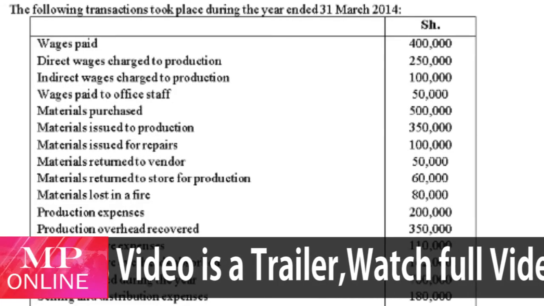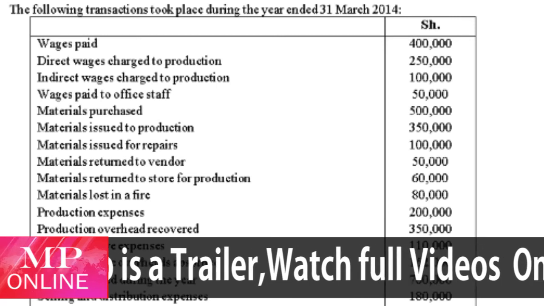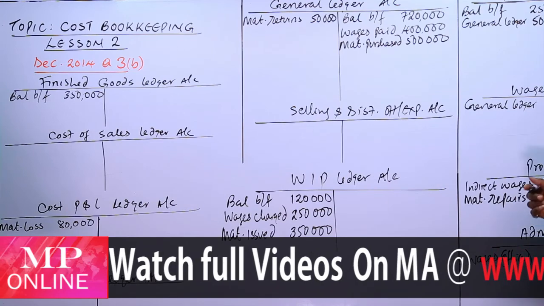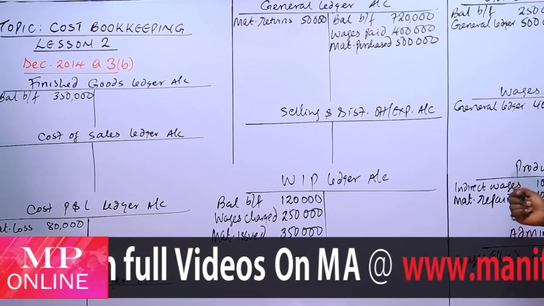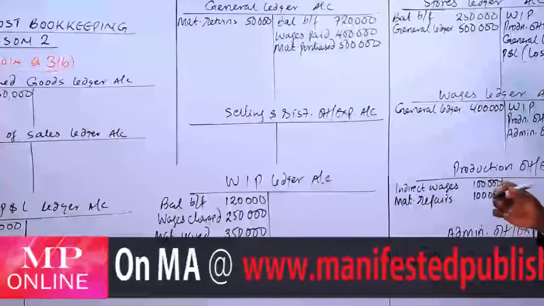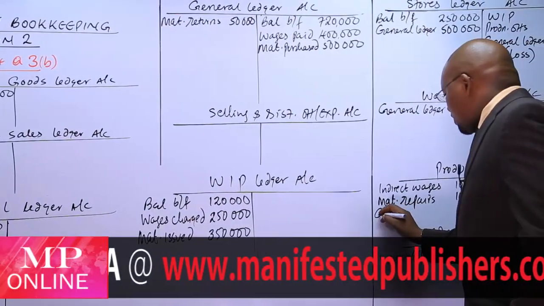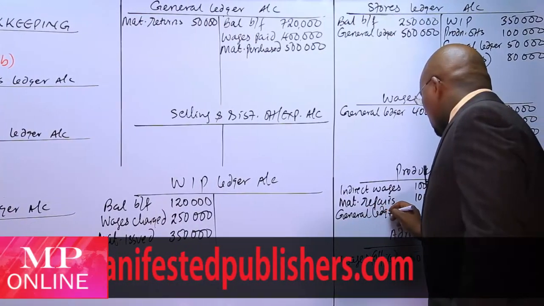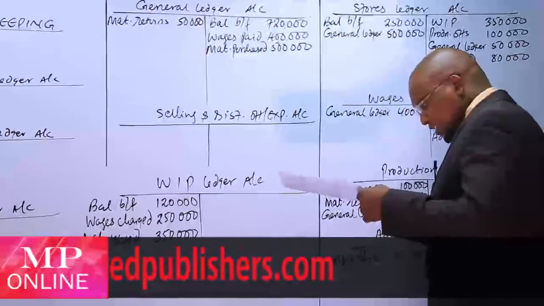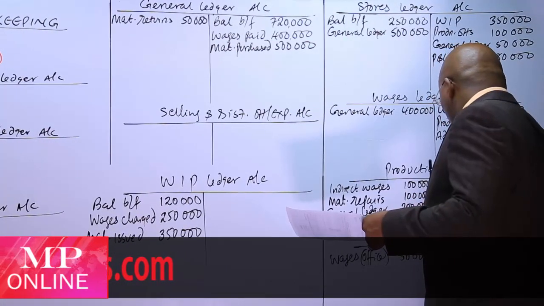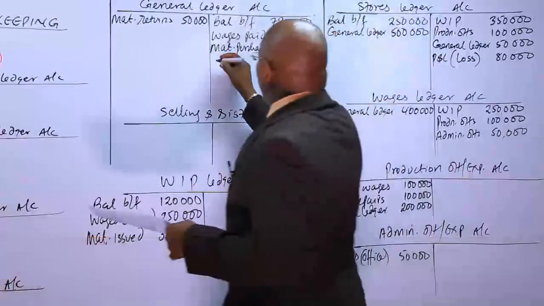Then we have production expenses. This is what has been spent. Double entry, we should have debited the production account or the production overhead account. We credit the bank, but we are going to credit what? The ledger. So you can have here general ledger. This is an amount of 200,000. So you come and have here